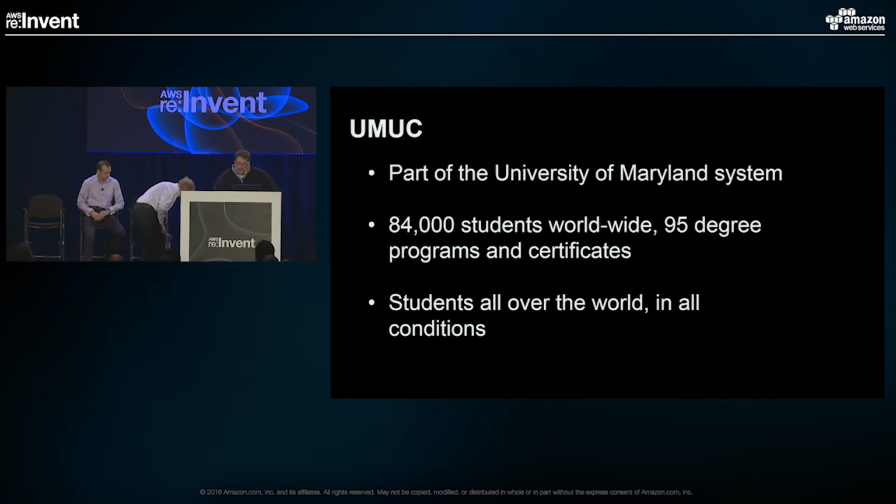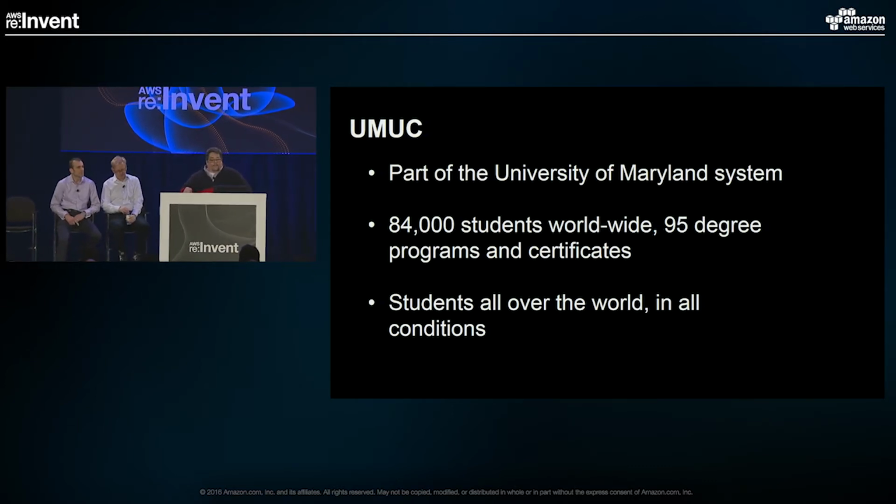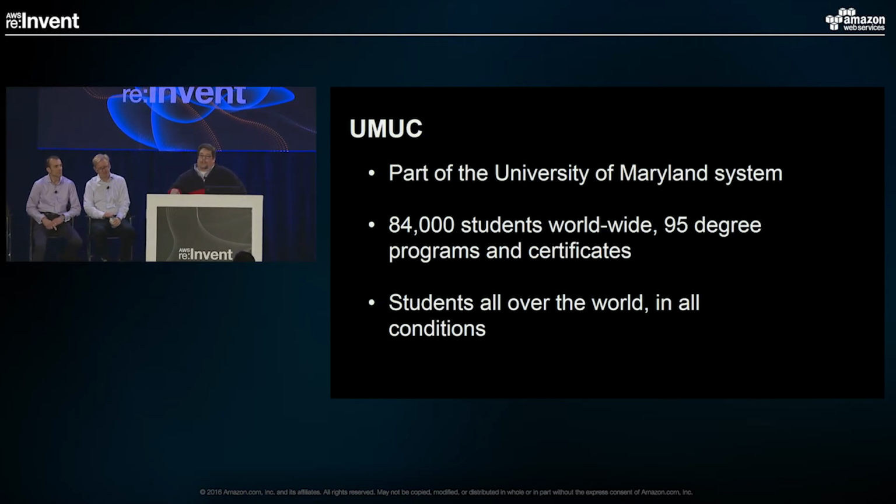Thank you, Nathan. Before we get into this just a little bit, I want to give you a quick snapshot of what UMUC is, because when everybody hears University of Maryland, they think go Terps. We're not that campus. We're one of the campuses that's part of the Maryland system, but we're primarily distance education. Our students are all over the world. We have 84,000 students with 95 different degree programs. Our students could be sitting at the Starbucks around the corner or downrange in a tent in Afghanistan, and we're providing educational content to them for their retooling or their degree-seeking program.